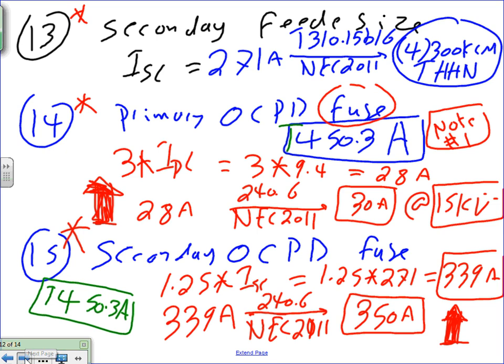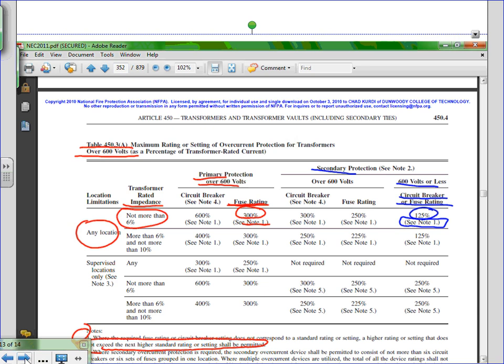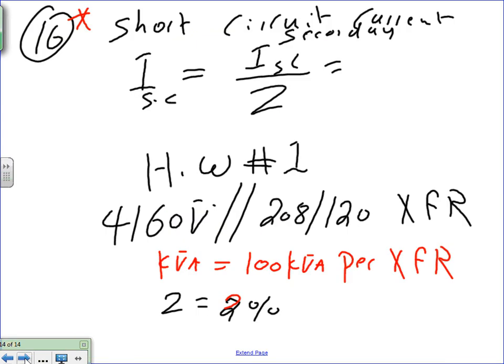Okay, let's go to the last one. The short circuit. The last one, guys, is short circuit. The short circuit is always on the secondary, not the primary. You can't calculate the short circuit in the primary. You have to contact the utility to get you that number. Always on the secondary. So on the short circuit, the secondary was 271,